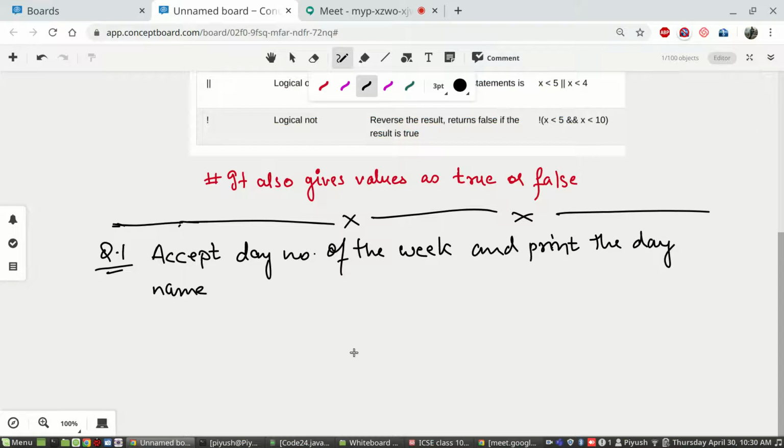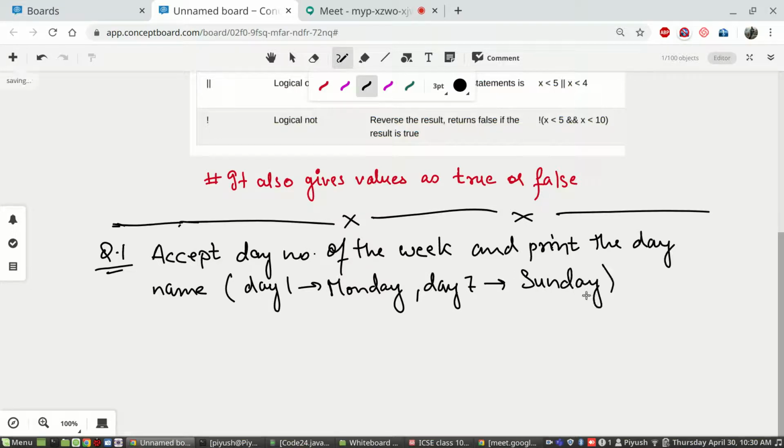Let us assume that day 1 of the week is Monday, and day 7 is Sunday.